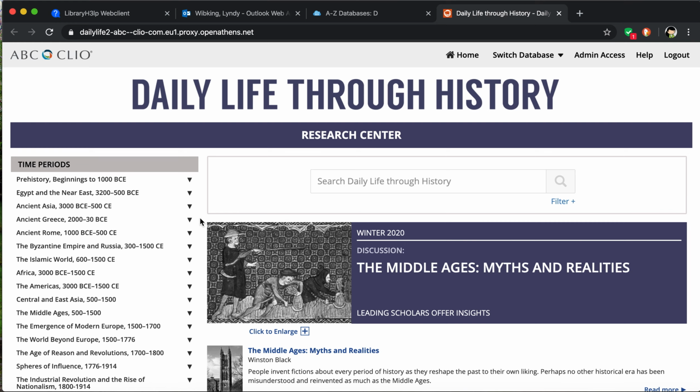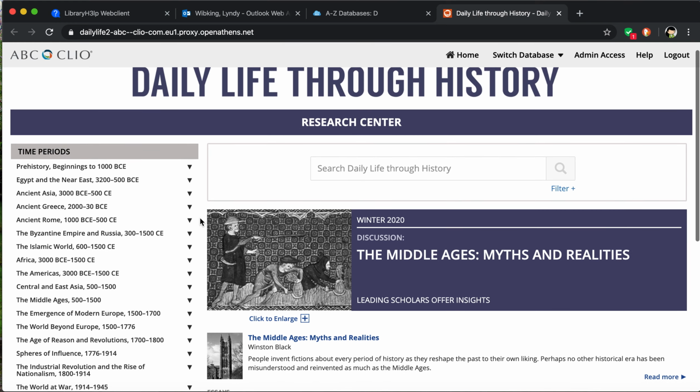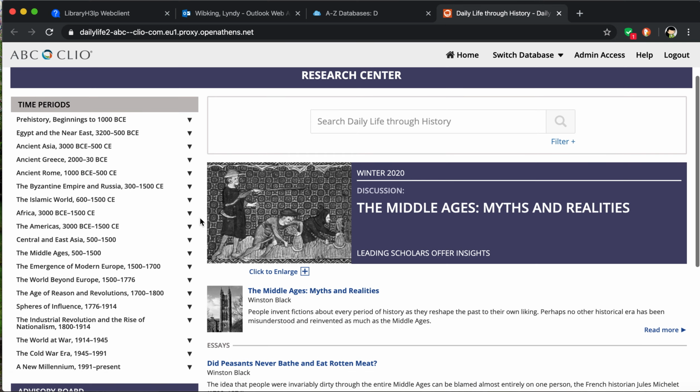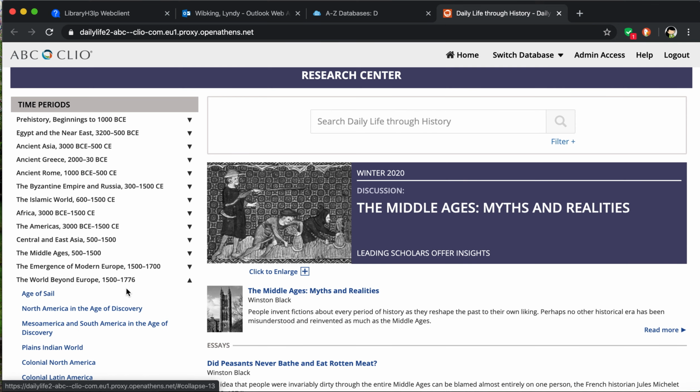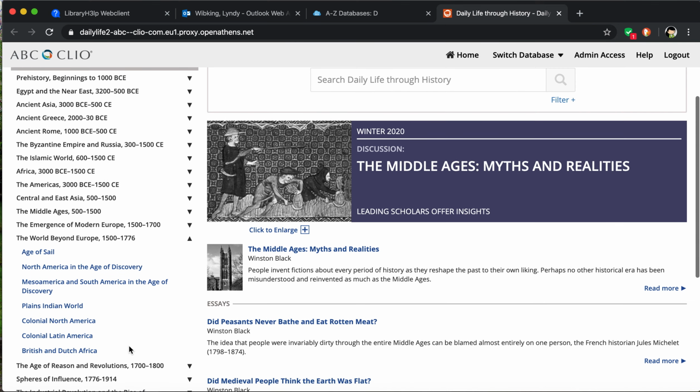Daily Life Through History has an option to browse on the left-hand side. You can browse by time period. So for example, if we were interested in the founding of the Jamestown settlement, Jamestown, Virginia, this heading called The World Beyond Europe 1500 to 1776 is probably going to be the one that we want. And then within there, the subheading called Colonial North America